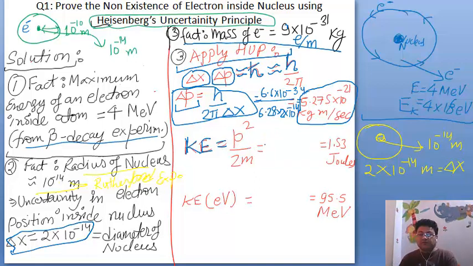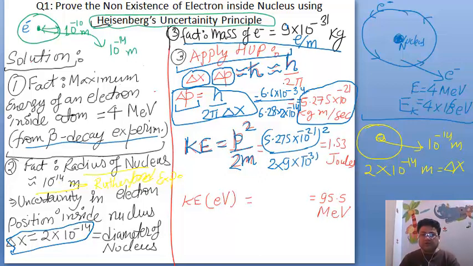Okay, so we use the formula of kinetic energy, that is kinetic energy is p square by 2m. So put these values: p is 5.275 into 10 to the power minus 21, we have to square it, upon 2 into 9 into 10 to the power minus 31 from this fact, right? So you get a value of about